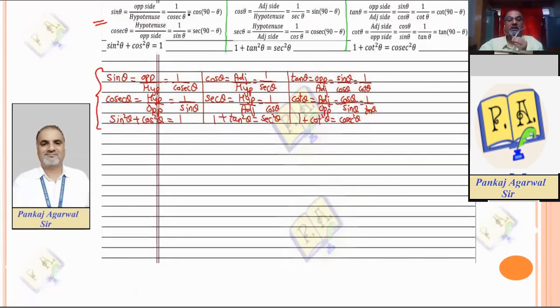So write it above every page, at least 20 pages. If you write sin theta is equal to opposite side upon hypotenuse is equal to 1 upon cosec theta. Same way cos theta is adjacent side upon hypotenuse is equal to 1 upon sec theta. Tan theta is opposite side upon adjacent side is equal to sin theta upon cos theta equal to 1 upon cot theta, and so on. And the last three identities. Now you will be asking, sir, I cannot write this above the page. I can understand. Space is not there. Use 2 to 4 lines of the page also, no harm. So in every answer when you are writing, write these formulas.